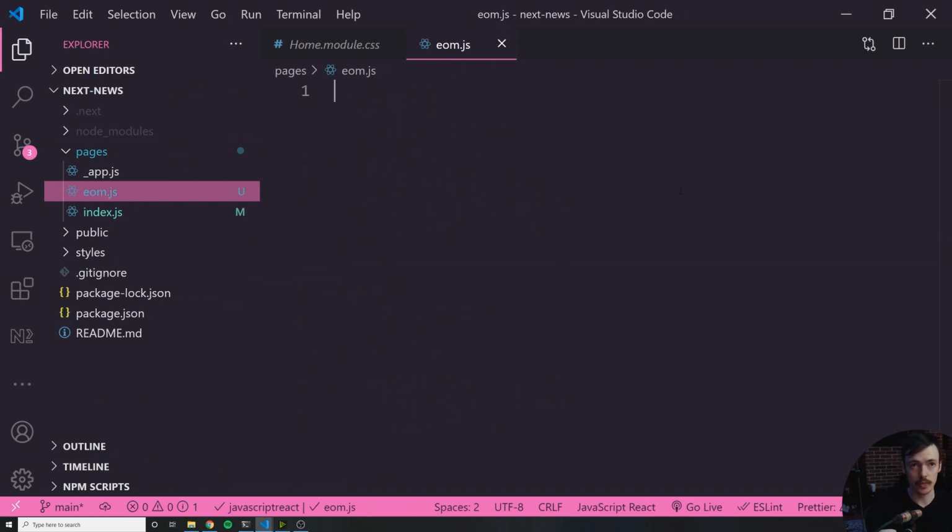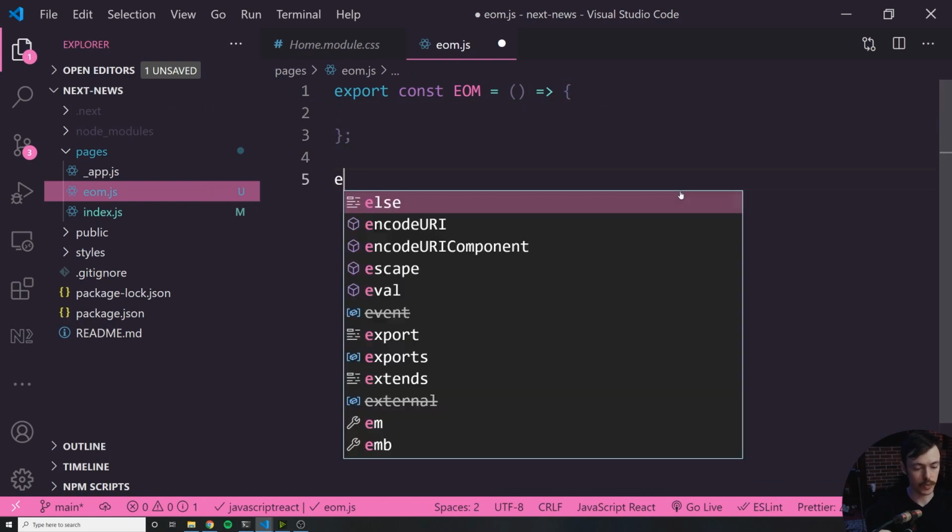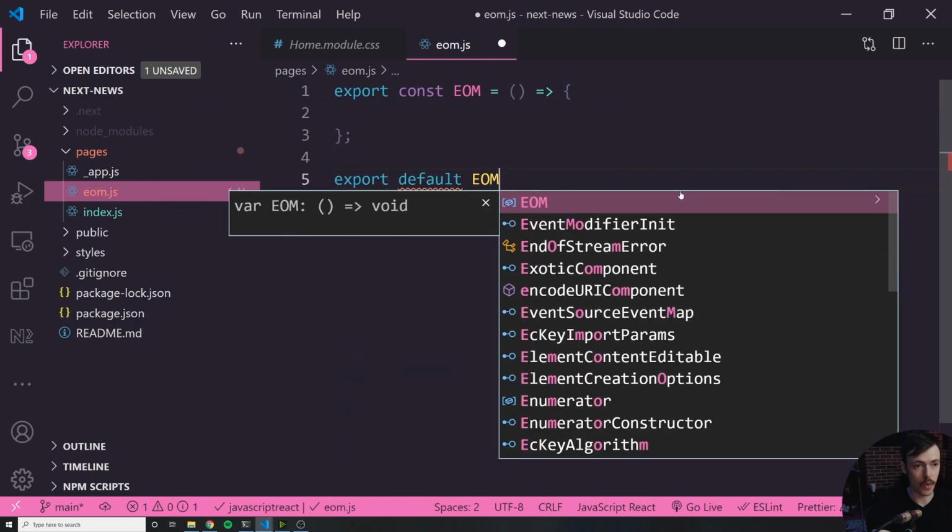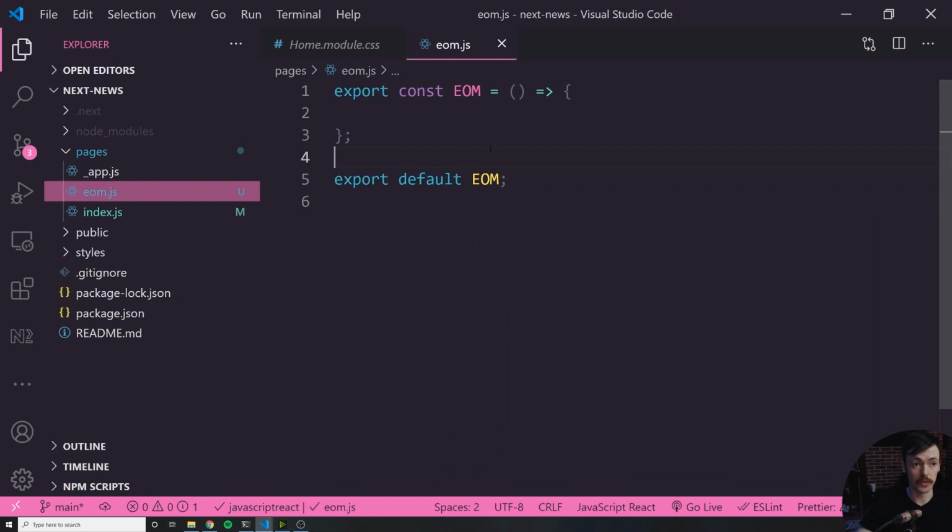Now we're going to just be writing basically a standard React component. So if you're familiar with creating React function components, this is going to be very simple for you. The only difference is we're going to have to make sure that it's a default export. So that's really the only difference. So let's say export const, and I'll call this EOM and set that equal to a function. And below the function, we have to export default EOM. So it has to be a default export for the pages for Next.js to be able to import these pages